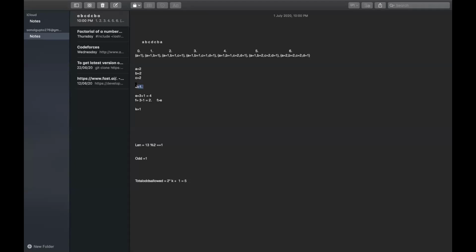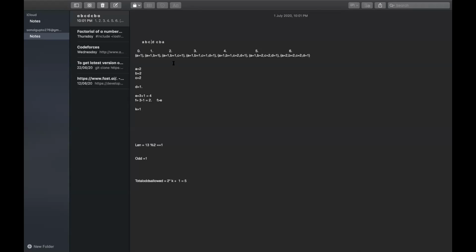Yeah. So are you saying that if the frequencies of all the characters are even, then that particular string would always be a palindrome? Yes. For example, if all the frequencies are even, and one can be odd, because that we can put in the center, right? No, that's not mandatory. Even if you remove D, then also it is a palindrome. Right. I was just giving one use case.